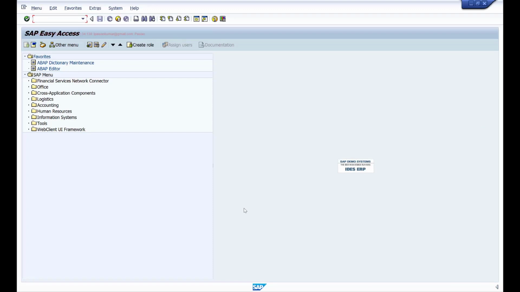And then set screen will work like that next screen attribute, where if you use set screen, it will simply set that screen as the next screen, which will be called after the current screen's PAI is completely processed. So these are the three statements we use to navigate between different screens of your program. That's about the screen processing.